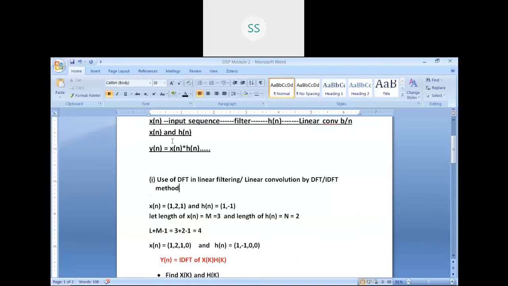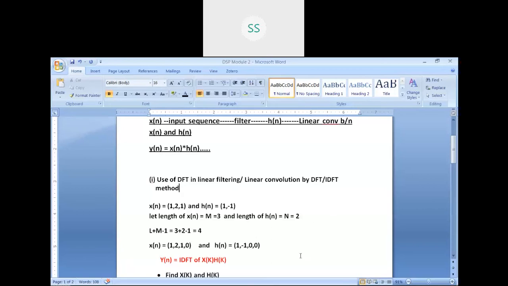For this again, we have to take the help of DFT and IDFT. Here the procedure is a little bit different. Just try to recall how you used to do the linear convolution operation between two sequences. You keep one sequence constant, for example x of n, and for the other sequence you take the mirror image, then shift the sequence, multiply and add sample by sample, and generate the result. That result is y of n, the output of the linear filtering operation. Now here, instead of doing that, we make use of DFT and IDFT concepts.